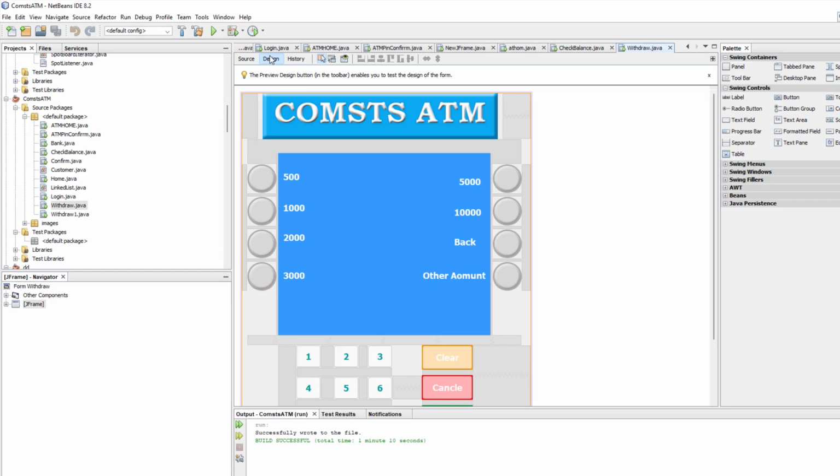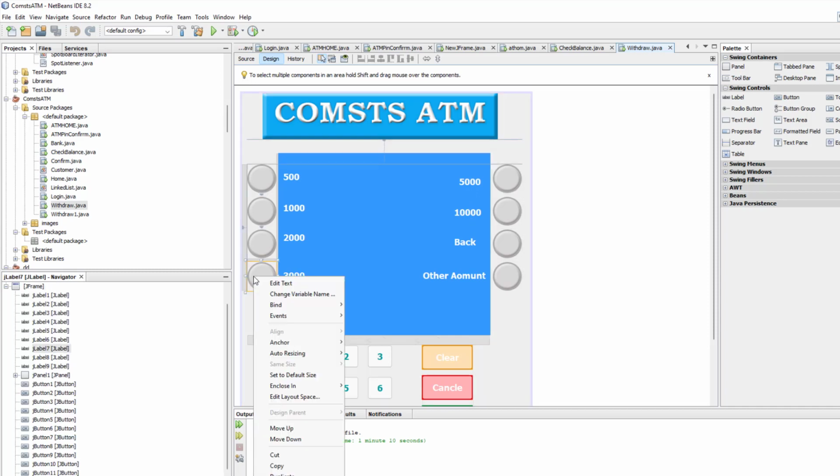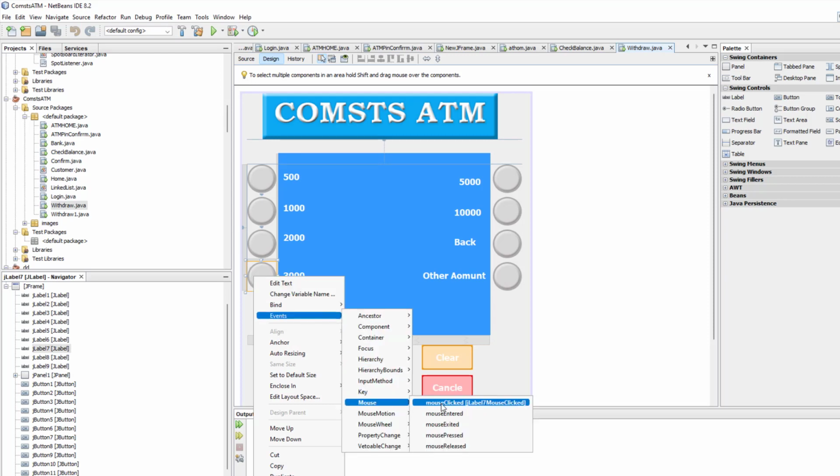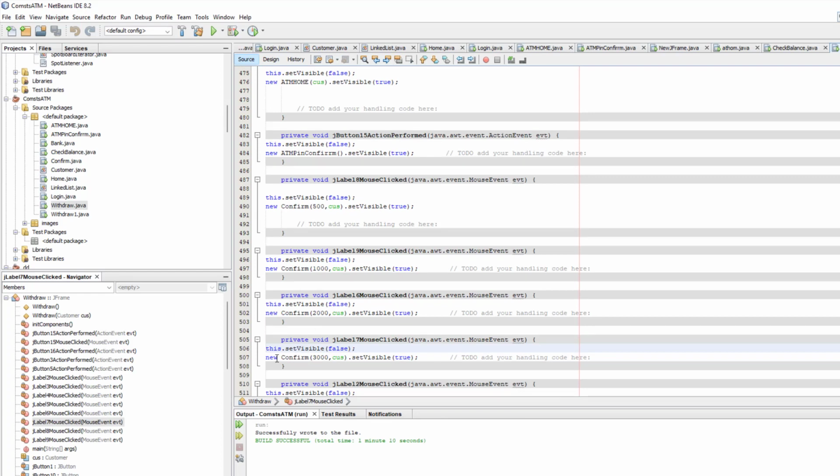So this is the withdraw one. You can see here I create the same interface like ATM: 500, 1000, back, or other amount. So when the user clicks on any particular button, mouse clicked. So here I pass two